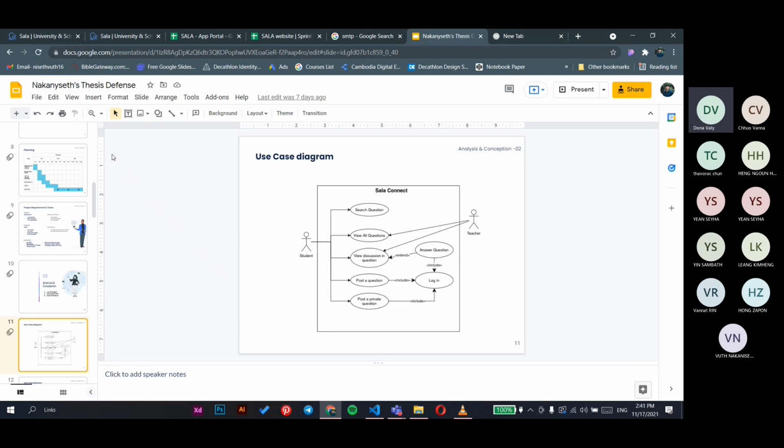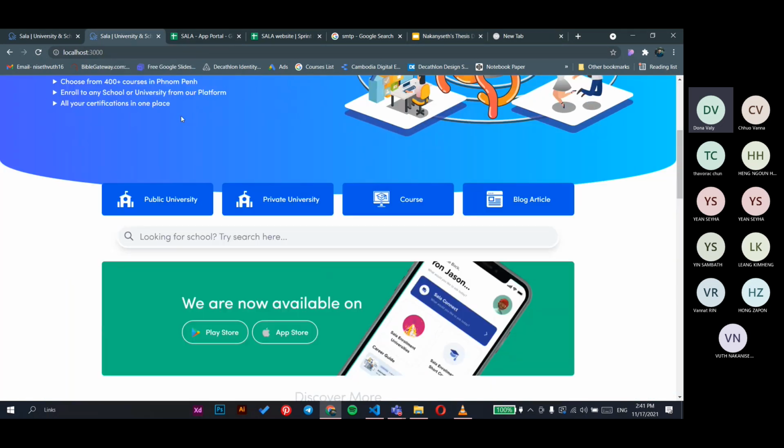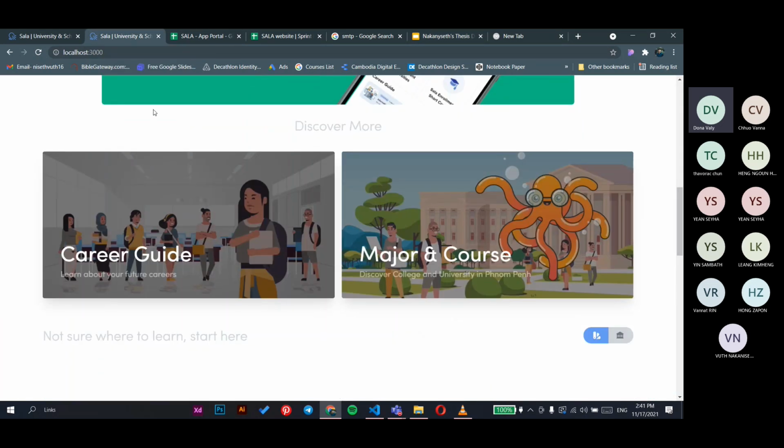And about the CMS, the content management system, I think what you presented in your slides and what you demonstrated during the demonstration is a little bit different.